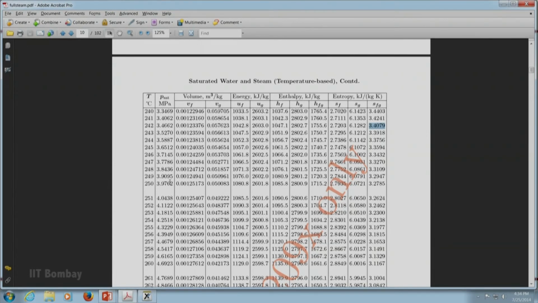If I want to get the values at 100 bar, I will use the formulation H is equal to UF plus P times VF, isn't it? As we have already seen, I will do these corrections and I will not compute all those values right now. Let us find out the enthalpy at 100 bar by knowing the formula that H at 100 bar is equal to UF, that means saturation value at this point, plus P times VF. Put that in the formulation and get these values and let us compare it in the table that we just saw.